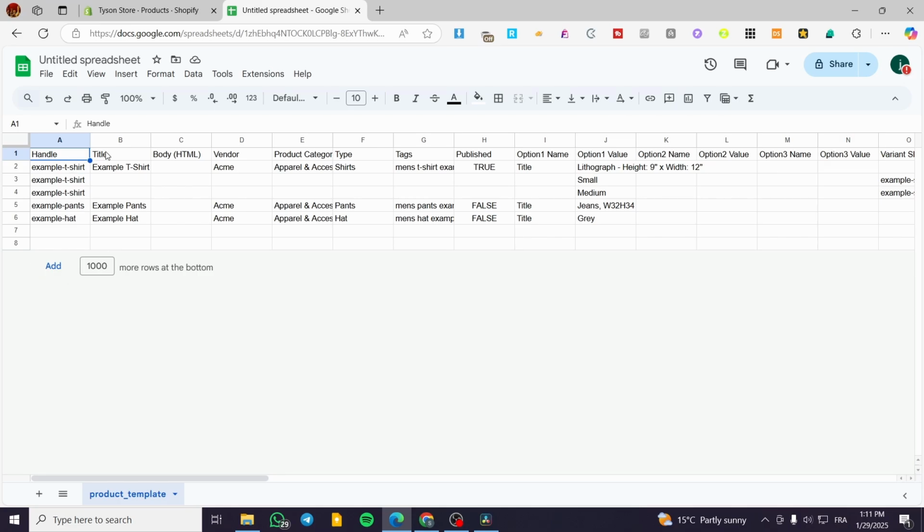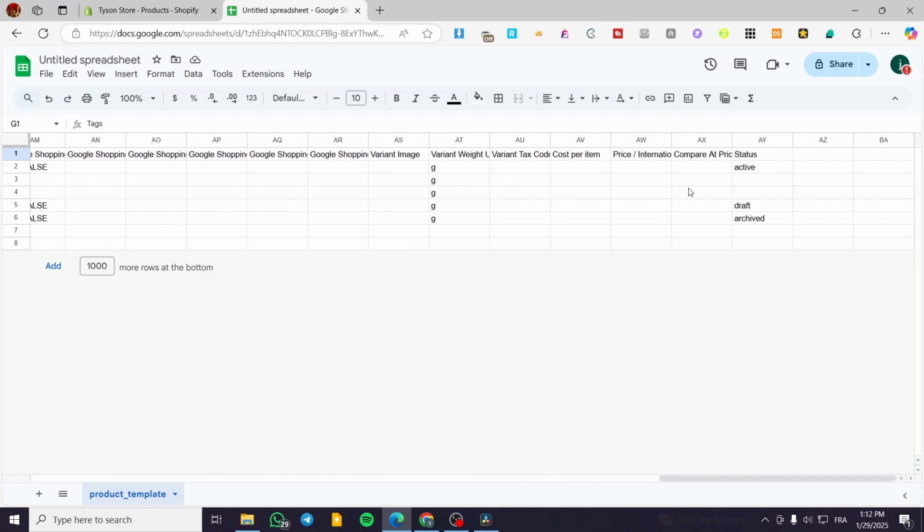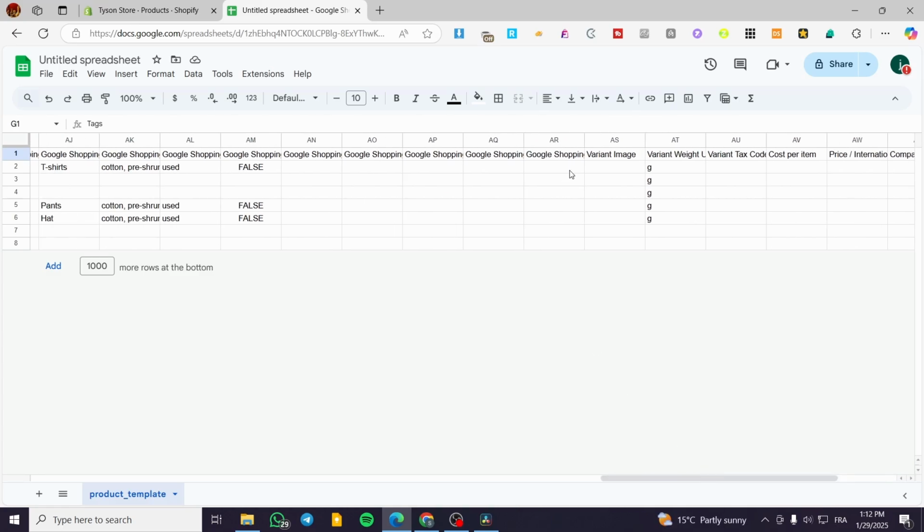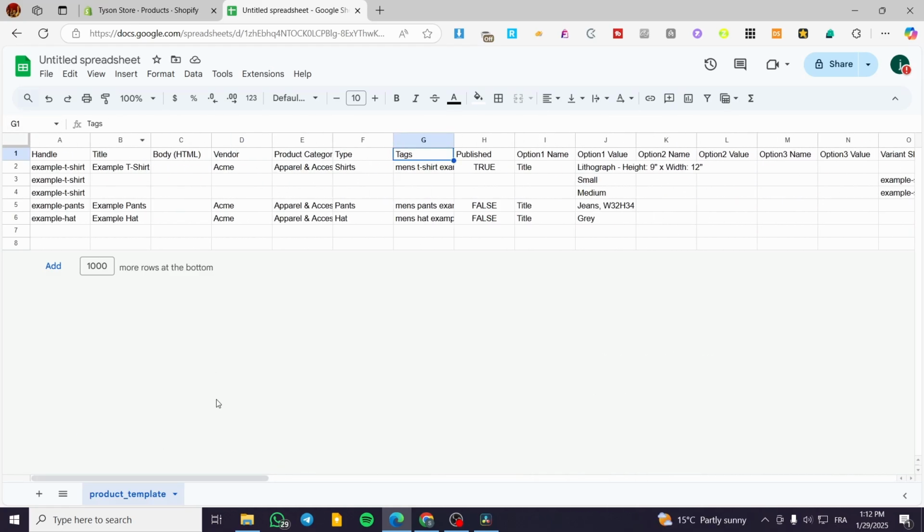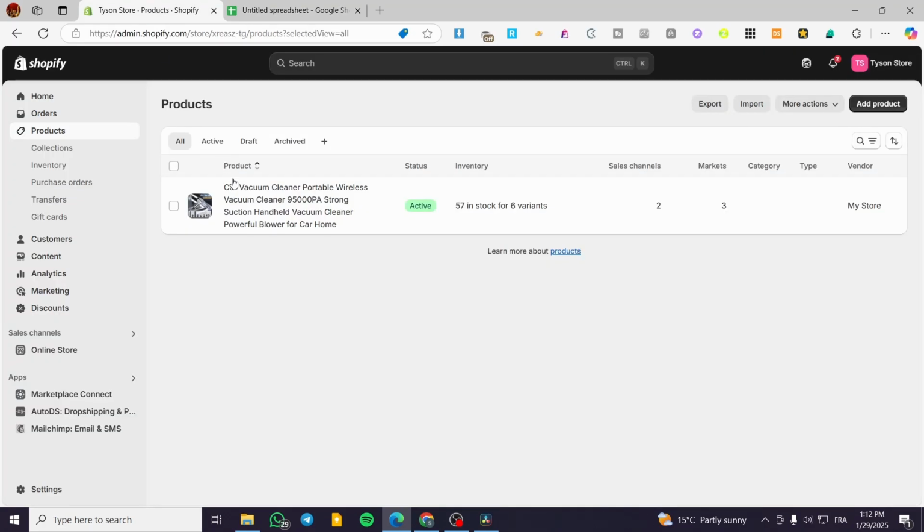We are going to have here some examples, or this specific example that Shopify has given us to learn from. So we have the labels at the top. As you can see, we have handle, title, body, vendor, product category, type, tags, and etc. I'm not going to name them all. We are going to focus on some of the specific products, because we can add some of the details from this sheet, and some of them could not be added, like the images. For the images, we need some internal Shopify links,